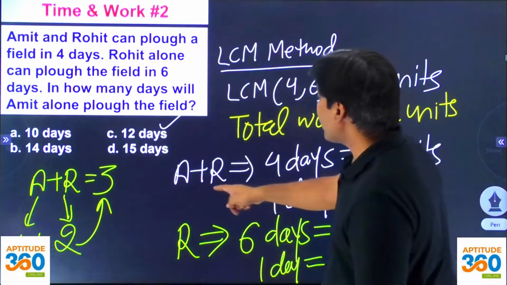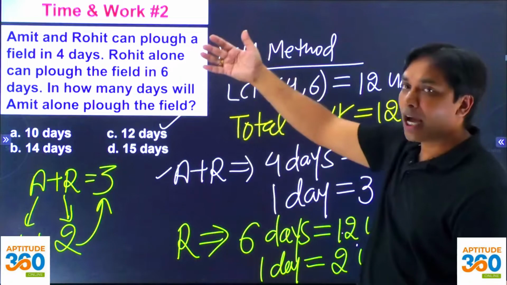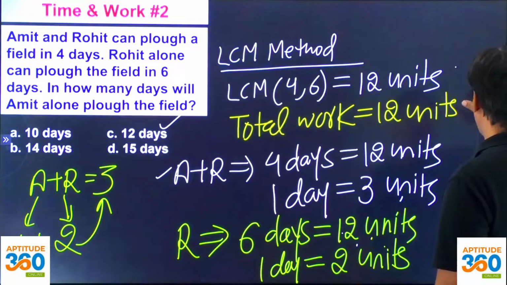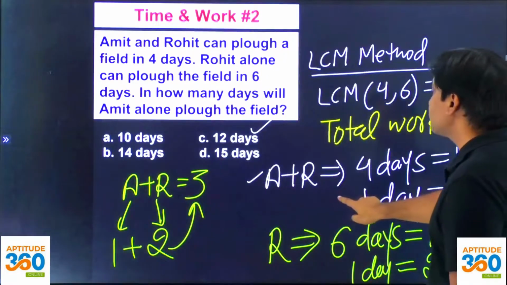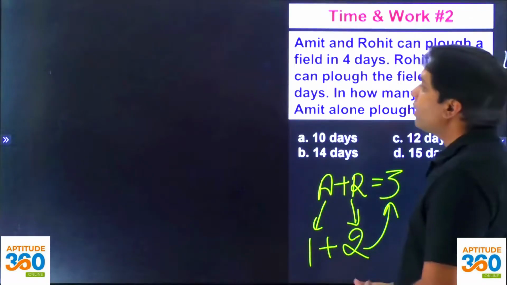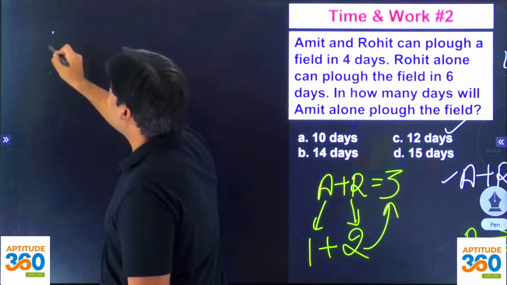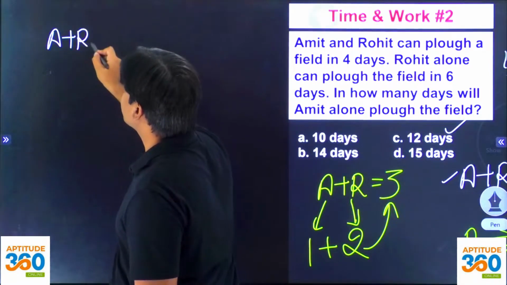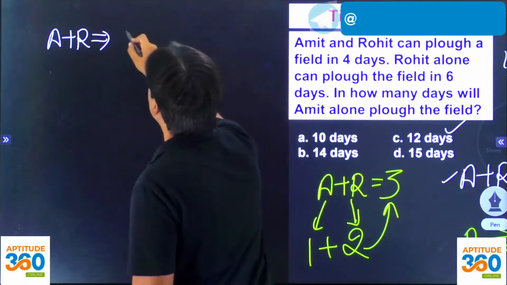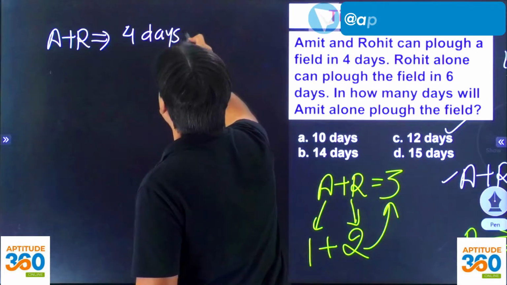अच्छा, आप क्या लिखोगे? आप तो यहां से स्टेप्स अपने लिखने शुरू करोगे। And if you're understanding this, I would be solving this question by using the ratio method also, for you to do a comparative analysis. Now, if I will have to solve this question by using ratios, it says that Amit and Rohit. Now, अब मैं थोड़ा सा सिंप्लीफाई करने की, शॉर्टकट लगाने की कोशिश करता हूं। ये कहता है कि 4 days में ये दोनों भाई साहब लोग करता है काम।